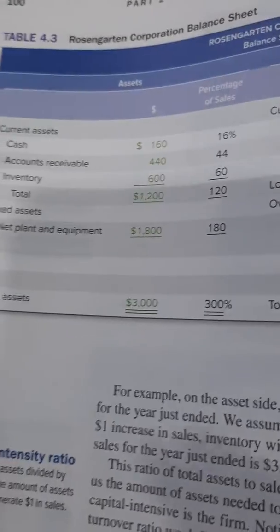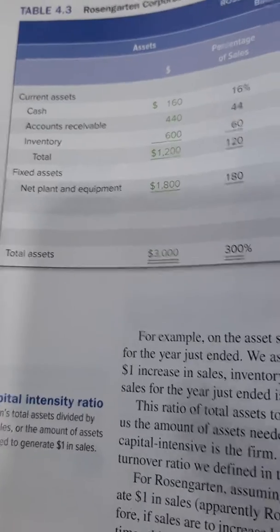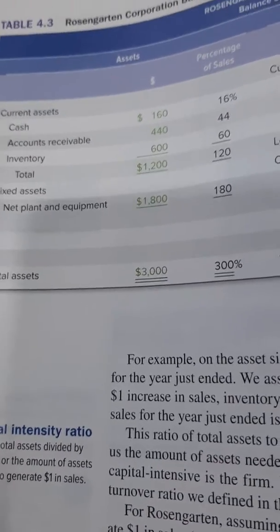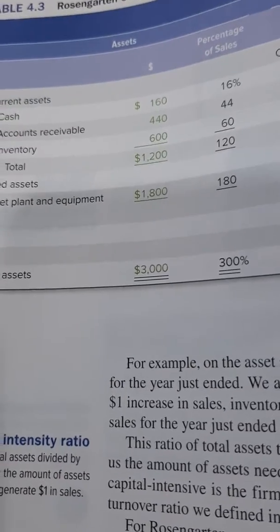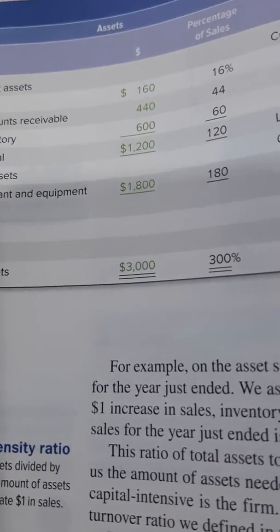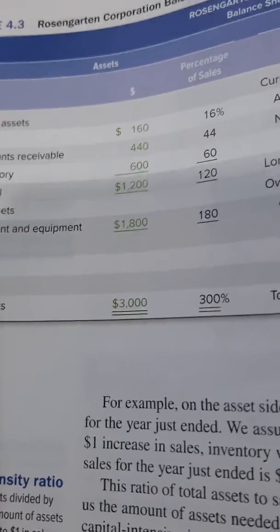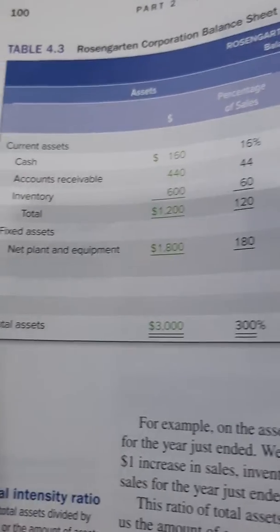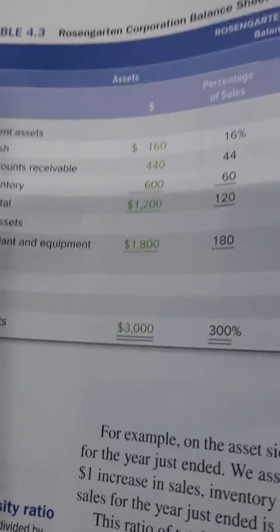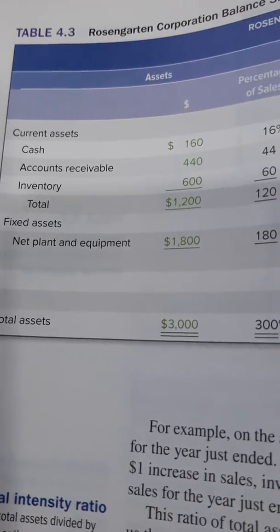2250. Okay, however, if you remember what I mentioned just now, for the purpose of examination or test, net plant and equipment does not automatically increase by the same percentage. Remember I told you just now, net plant and equipment will only increase if the assumption is that the firm is operating at full capacity. In this case, the underlying assumption, ataupun andaian yang tidak dinyatakan ialah, net plant and equipment increase 1,100 to